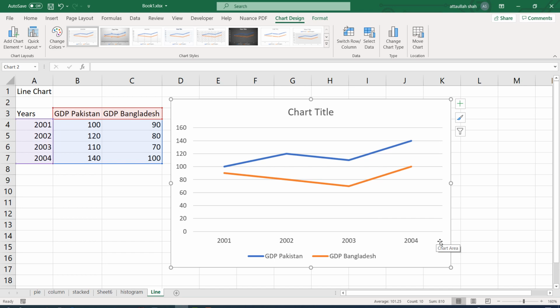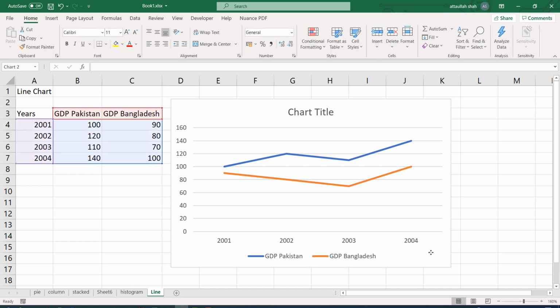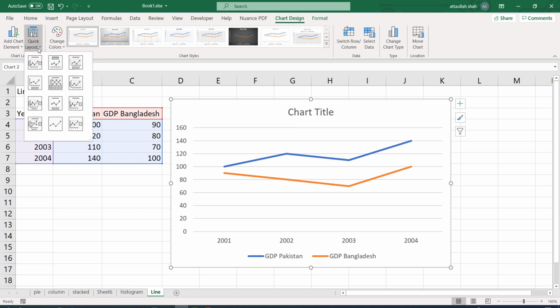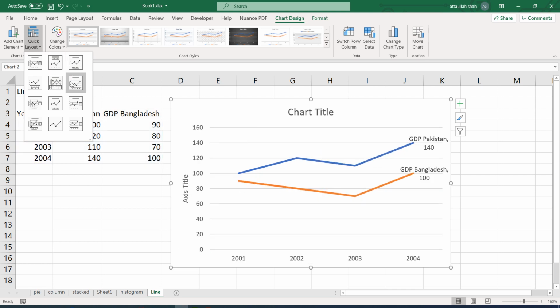You just click inside the chart and it activates a chart design menu and format menu. In the chart design menu, we have quick layouts. In the quick layouts, you can select any of these. If I want to add the chart title and the x-axis labels, I'll go for this one.